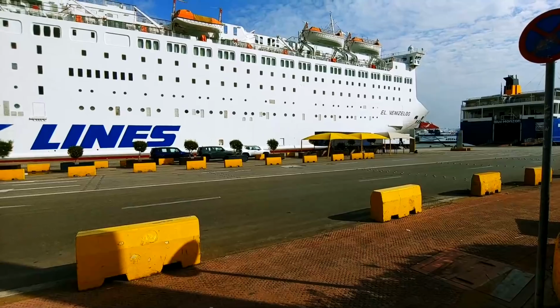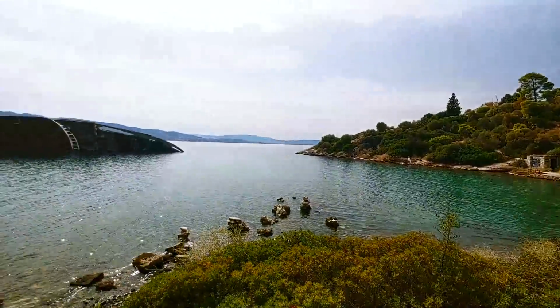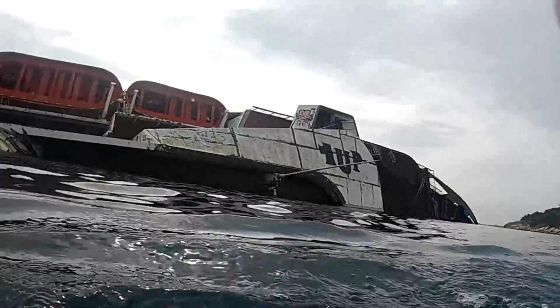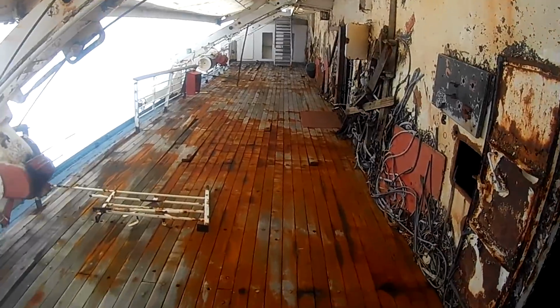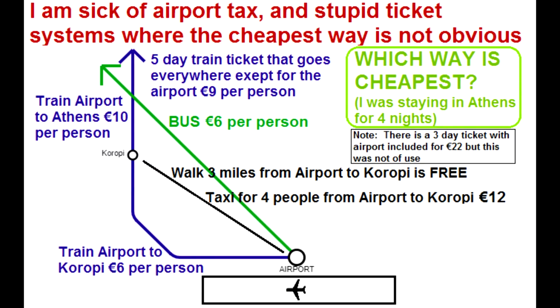What about if you just imagined if one of these boats was to capsize and sink? Well, you don't have to imagine, because that's what happened. And this URBEX of this sunk boat was so epic, it's in a separate video, so make sure you check out my video of this. It was absolutely amazing. And now along to the airport, and there's one thing I just have to talk about